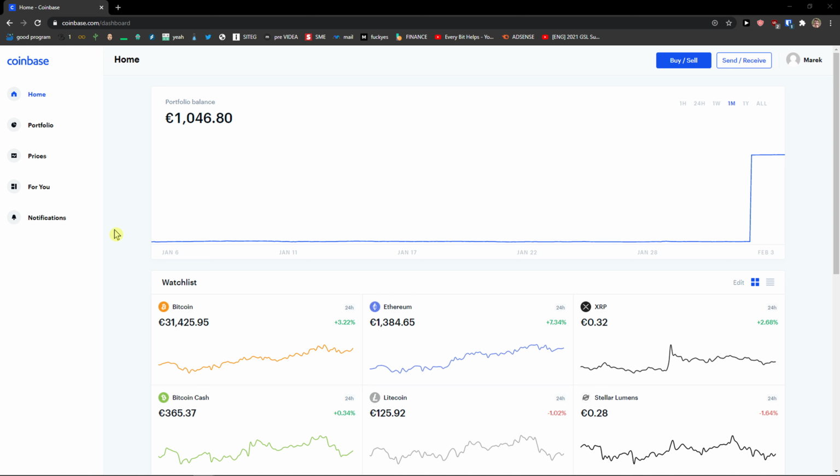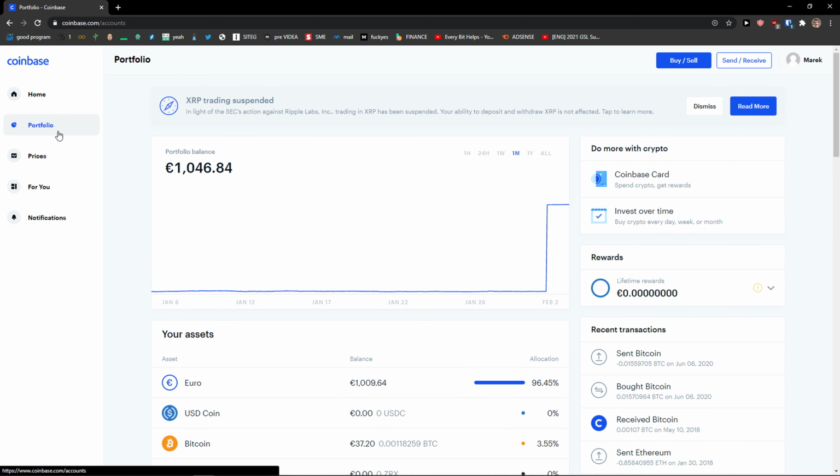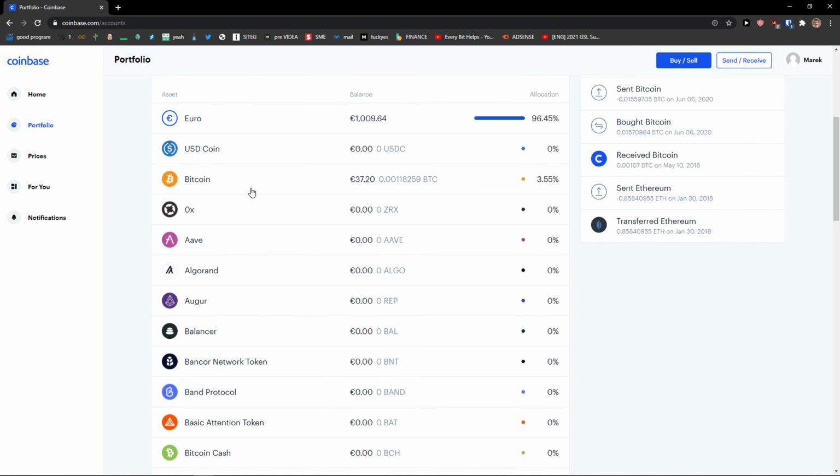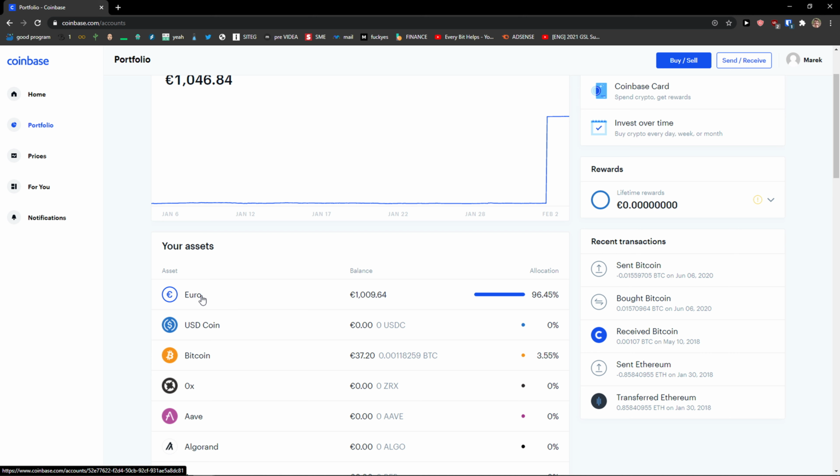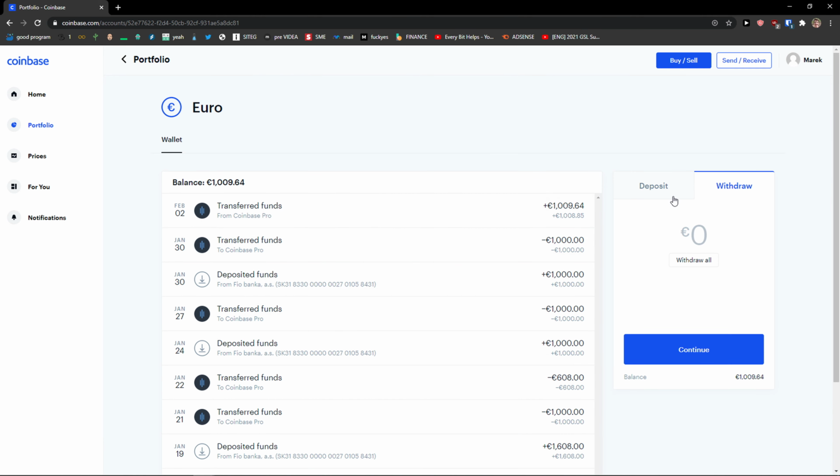I'll show a simple way how you can easily add money on Coinbase. So let's start. There are multiple ways how you can do it. You're here in Coinbase, you click on portfolio, and then you're going to see your assets here. You will see your own currency here, and you simply click on it, and now you